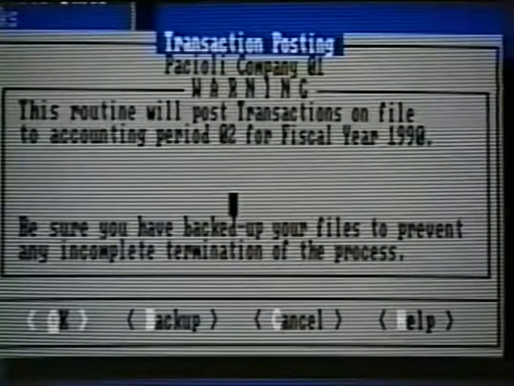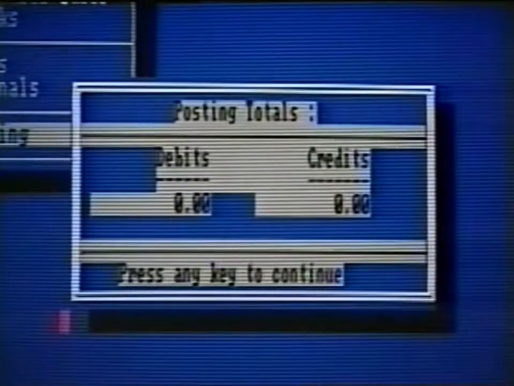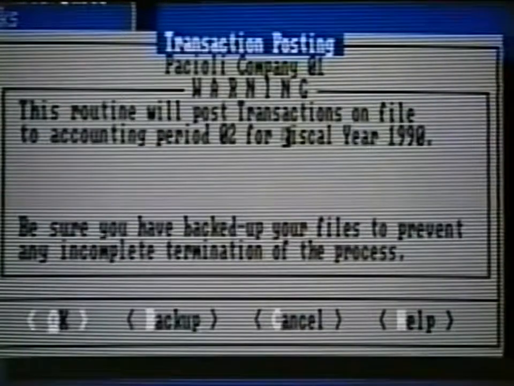Now, post the transactions that were done today by clicking on the OK command. Be sure you first post checks and purchase sales transactions. These two procedures will create accounting transactions that will need to be posted. Now, select accounting as the last posting procedure. Once you've posted all the transactions, you're done for the day.